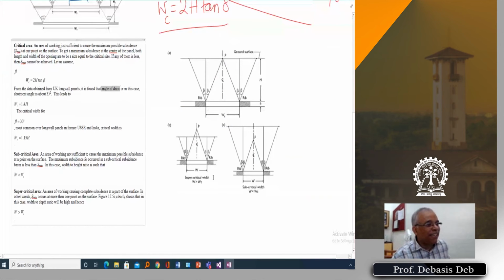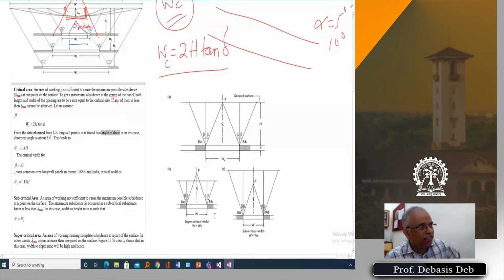And for supercritical, the width has to be more. So we normally do not try to go supercritical. In fact, in India, there is no mine which has gone to the supercritical range. Now there is one mine being excavated in Singareni Colliery, called the Adriala Longwall project. There it may go, but the depth is pretty high also. So my feeling is it will never go there.